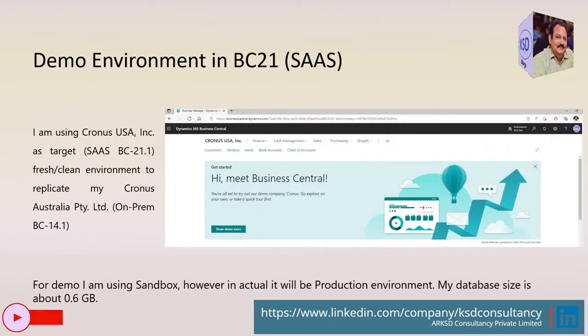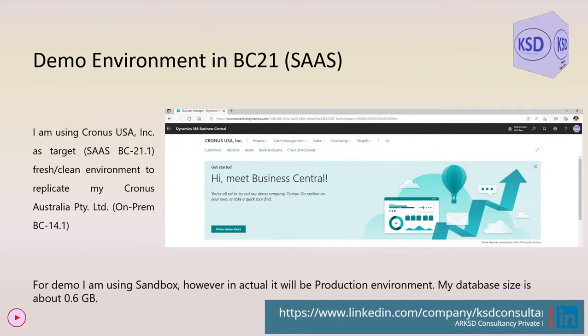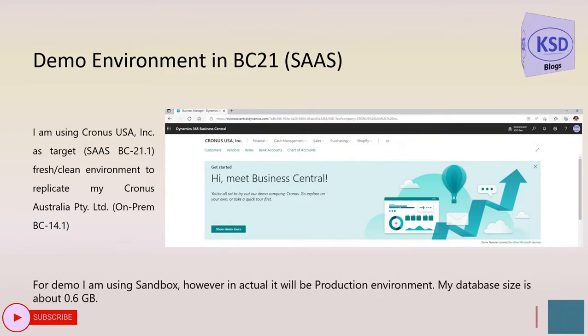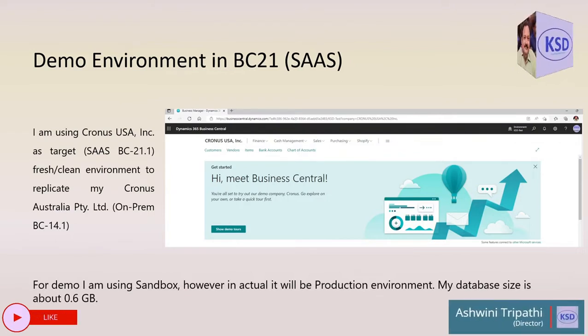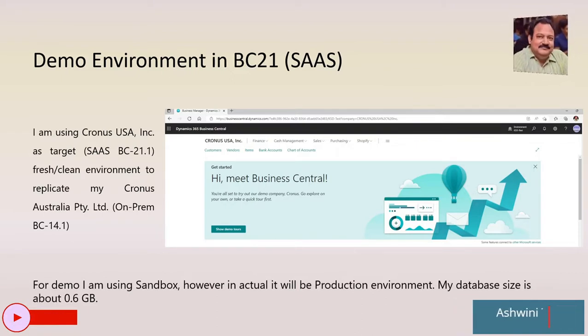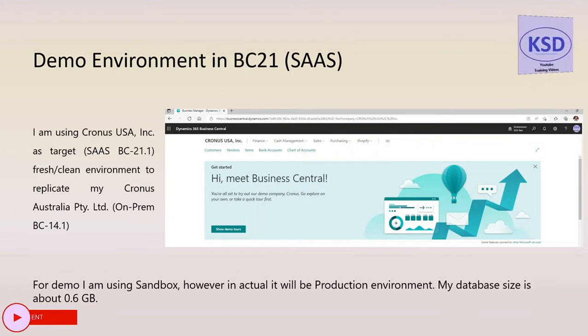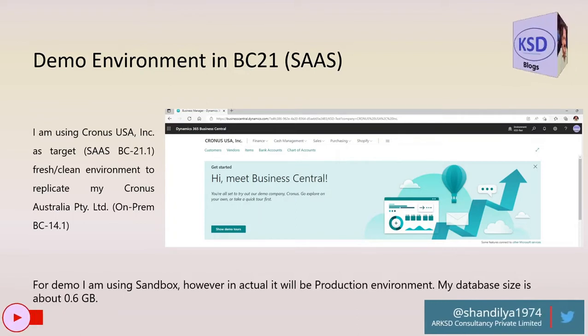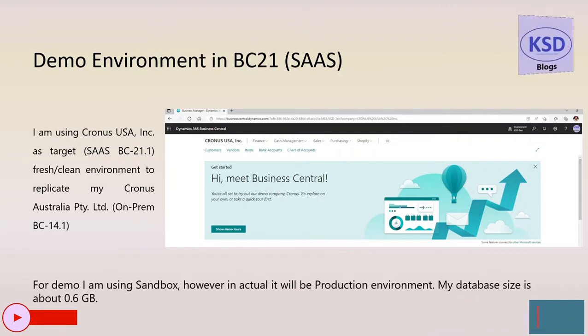And this is my BC-21 cloud environment, which I am using Cronus USA Inc. So here basically I am using sandbox, but in actual it will be your production environment. So you can see that my online is BC-21.1 demo database, fresh, clean,